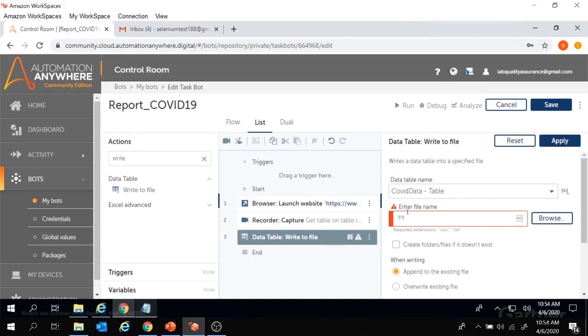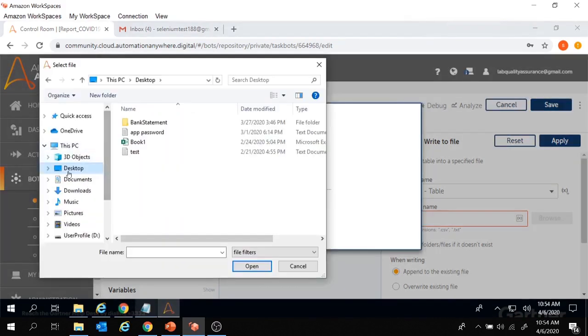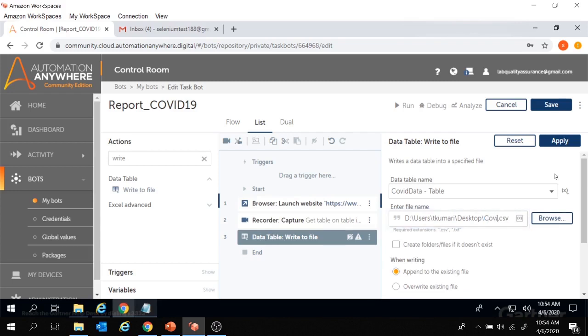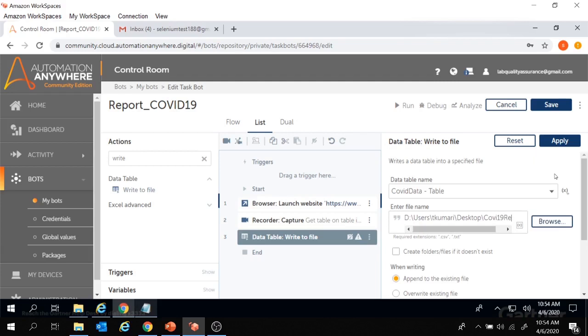And after that, we need to provide the file name. So this will be the file where this data table COVID data will be written. This will be a CSV file or a text file. So let's click on browse. And from the desktop, let's select this file book1. And let's change the name of the file from here. I'm going to create a new file. So let's give the name of the file as COVID-19 report. So I'm going to create a new file that is COVID-19 report.csv, and here we have the option